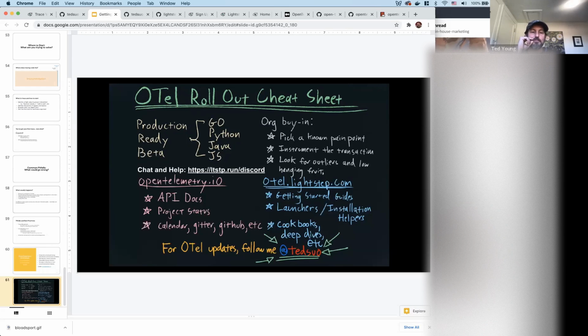At this time, the betas that I consider to be production ready are Go, Python, Java, and JavaScript. Other languages are coming along. I do want to stress that while we're close to GA, these languages are still in beta. So you are going to see potential breaking changes to the API. Again, if you stick to the automatic instrumentation, that'll really reduce any potential pain there if we break an API. Once we hit 1.0, we're going to lock those APIs down hard, and it won't be a problem after that.